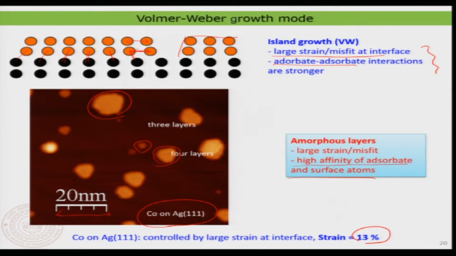So, that means there is also a strong adsorbate surface interaction, and at the same time there is a large misfit. In that case, most of the time you end up forming some kind of an amorphous layer, because the contribution of the so called adsorbate surface interaction makes the atoms go and adsorb at suitable sites or interact strongly with the surface, and due to the fact that they have a large misfit, they are unable to relax at the interface, the adsorbate atoms, and therefore they cannot grow further,